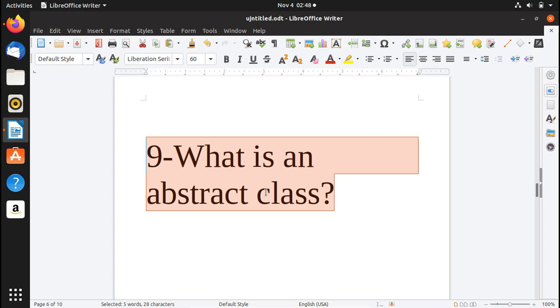An abstract class in Java cannot be instantiated. An abstract class is mostly used to provide a base for subclasses to extend and implement the abstract methods, and override or use the implemented methods in the abstract class. Okay, so I hope you've got an idea.